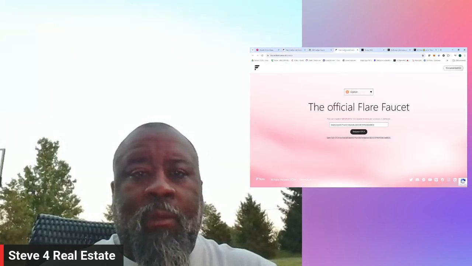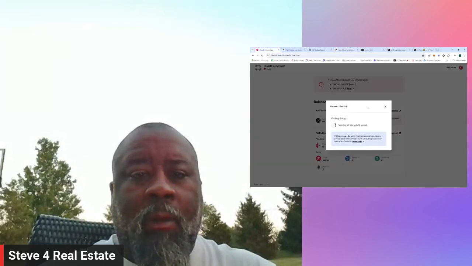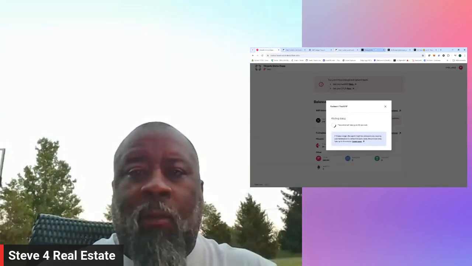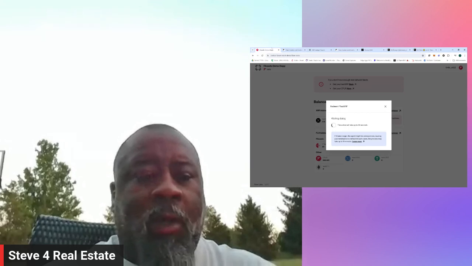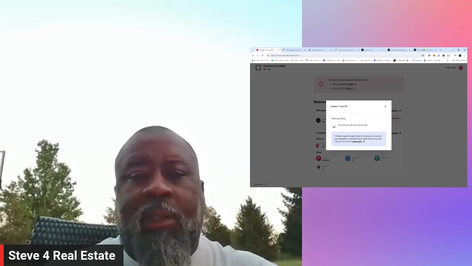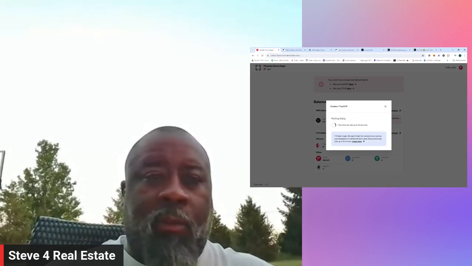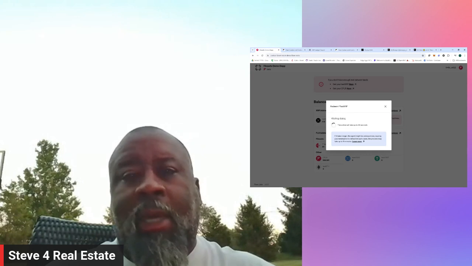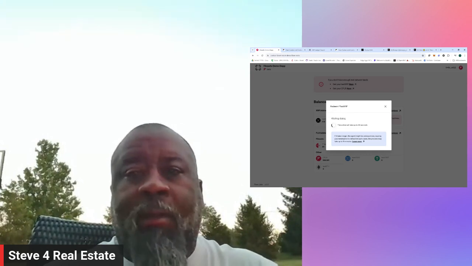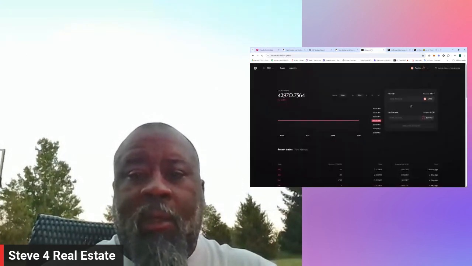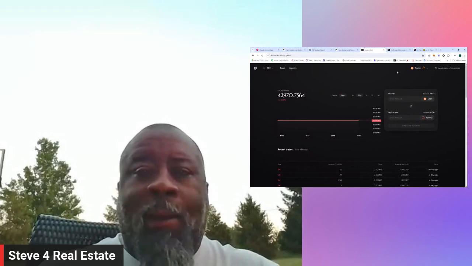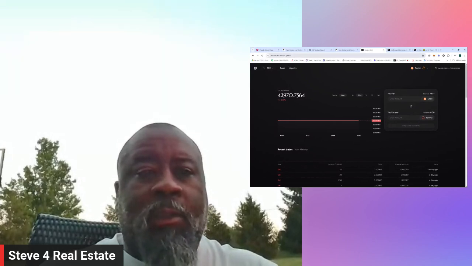Let's see if this thing has stopped yet. Nope, still going. Okay. And by the way, while your Fasset redemption is processing, you can do other things in your wallet. Once you get the confirmation, it will work in the background. So while it's processing, you can go elsewhere. Okay, so the Enosys